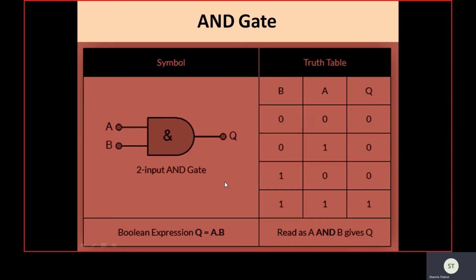So before wiring up the circuit, we must be familiar with the gates we are using and their IC diagram. So in the AND gate, this is the logical symbol of the AND gate. We have taken the symbolic notation of a two input AND gate. A and B are two inputs and Q is the output. And this is the truth table. If all the inputs are 1, then only the output is 1, and the Boolean expression is output Q is equal to the product of inputs A and B.